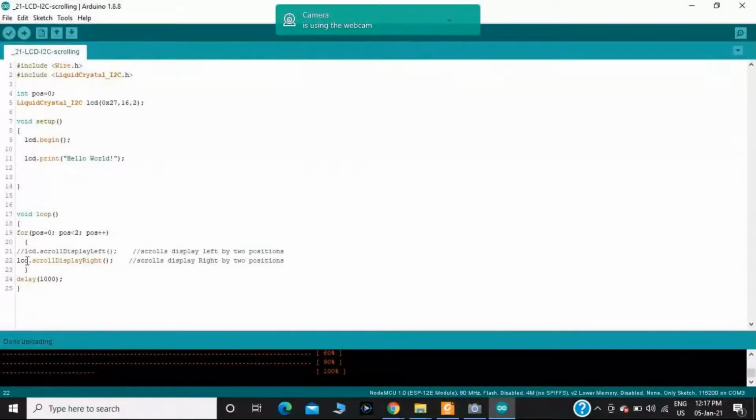In some cases, you can even scroll the message to the left side by 2 positions. In that case, you should comment this one and clear the comment on the other.